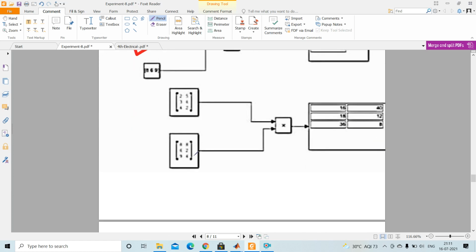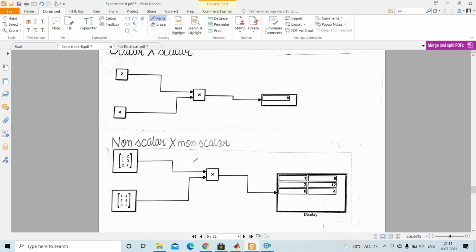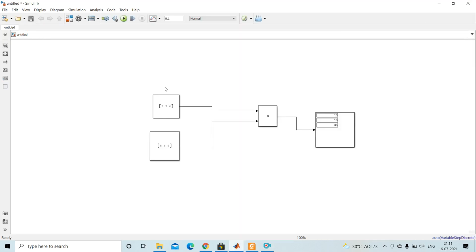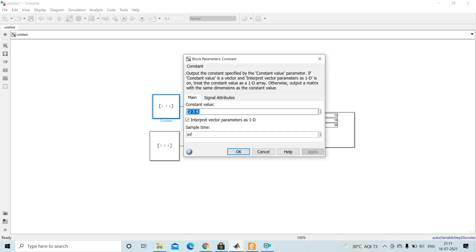Then this is the matrix shown here. This is also a vector, because there is only one row, so you can call it a vector product. Then I can make it like this. Over here, I can make it a matrix also.